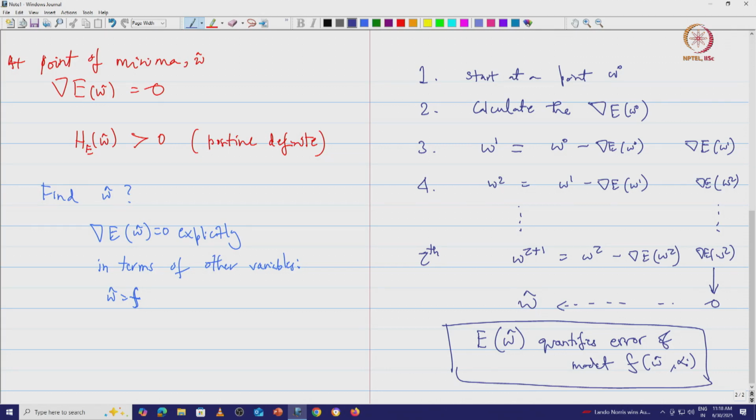So, how do we go about controlling that? The quickest way is, so let me just write the iterative step. Omega tau plus 1 is equal to omega tau minus nabla E of omega tau, right. So, we want to control the magnitude of nabla E of omega tau, right. We want to control the magnitude, meaning what? Just add a scaling factor, and this scaling factor eta is called the learning rate.